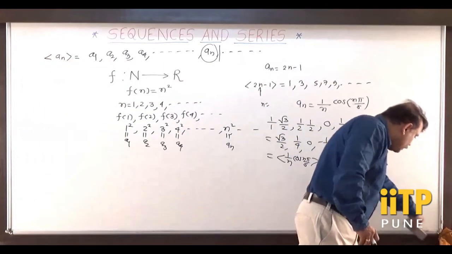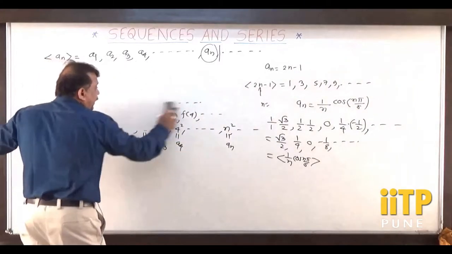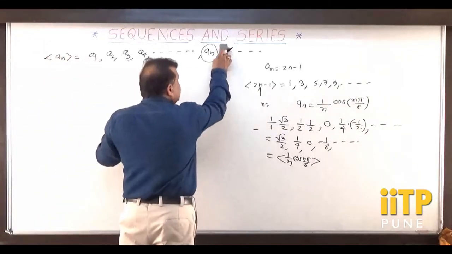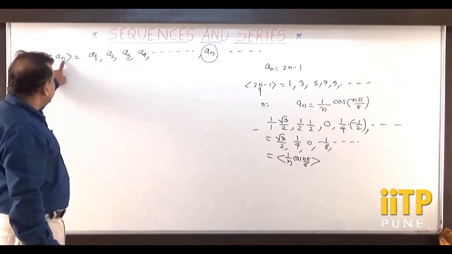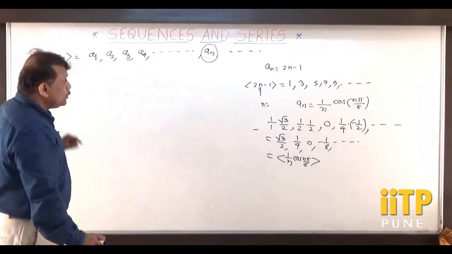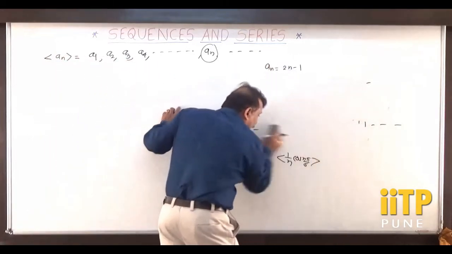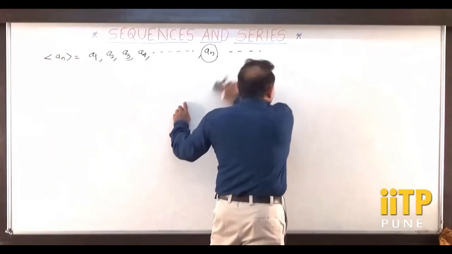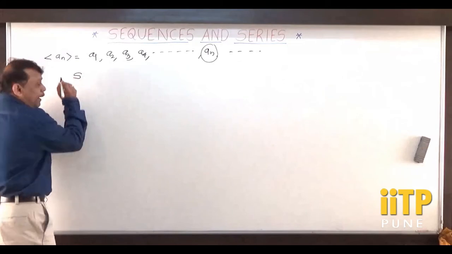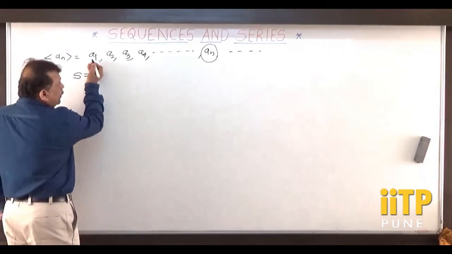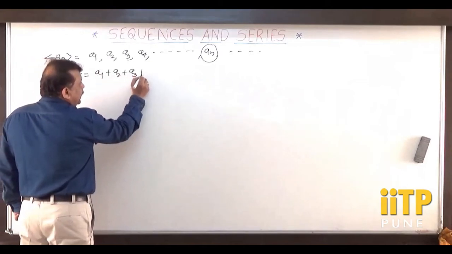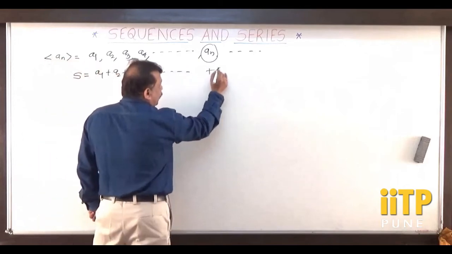Now suppose bracketed an is a sequence. I am considering this as an infinite sequence, meaning n equal to 1, a1, a2, a3, a4, an, dot dot dot. Suppose this is the sequence. Now if I am adding the terms of the sequence, what I get is some sum, let us denote it by S. So S is the sum of all these things, that is a1 plus a2 plus a3 plus a4 plus dot dot dot plus an